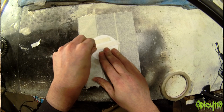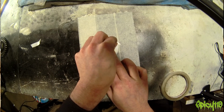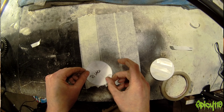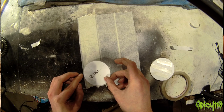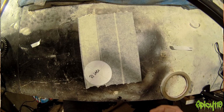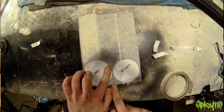Carbon fibre is super expensive. This little sheet here cost 8 quid, and that's a good price. Obviously, a really big thing when you're making stuff is you want to try and conserve as much material as possible. So, I think I can get both of these out of a small piece at the bottom. There we go. So I just need to chop this down here and then down here,